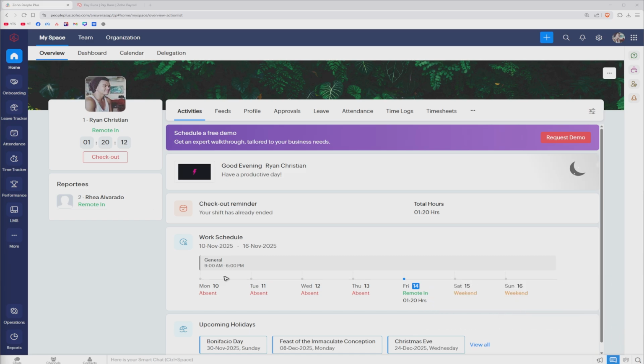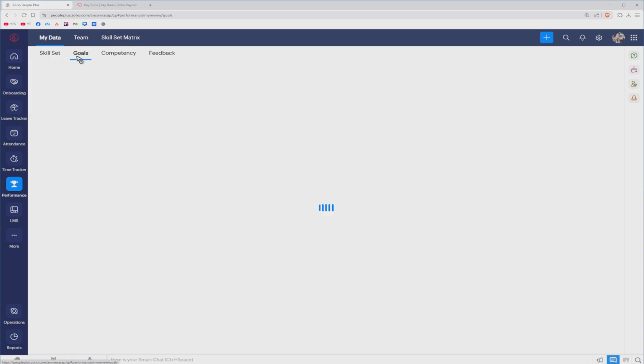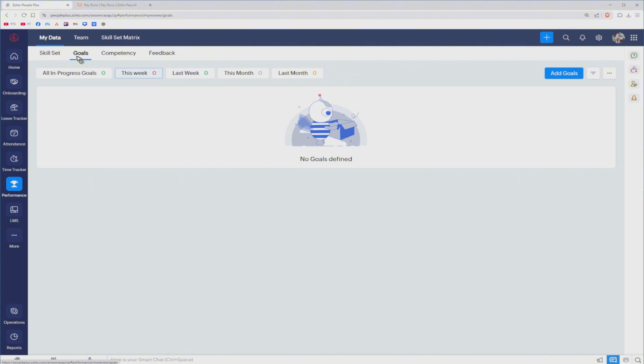Alright, so first stop, log into your account. Now go to the left panel and just click on Performance. Okay, click on it, and then once done, go to the top and in this tab, just click on Goal. Alright, wait for it to load, and once it loads, go ahead and go to the top right and click